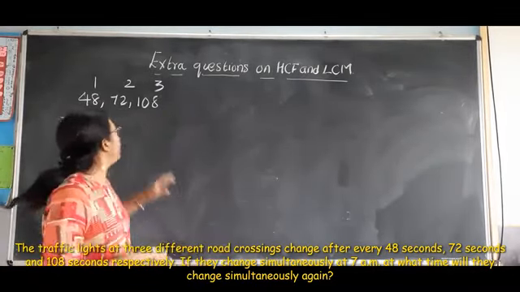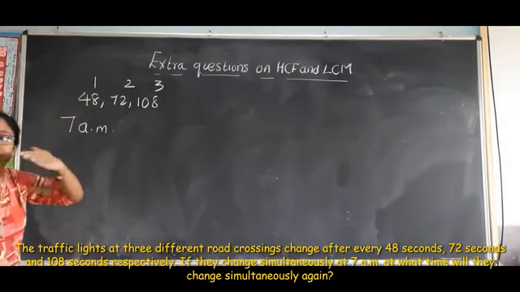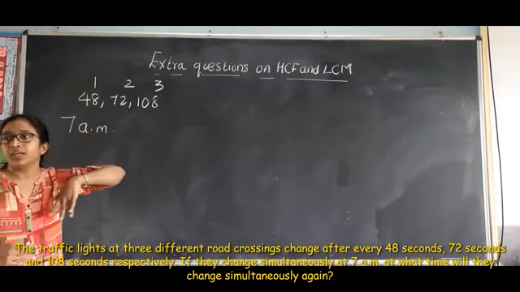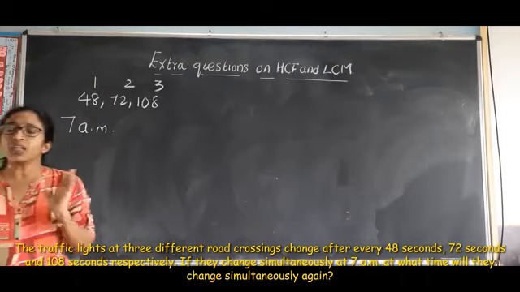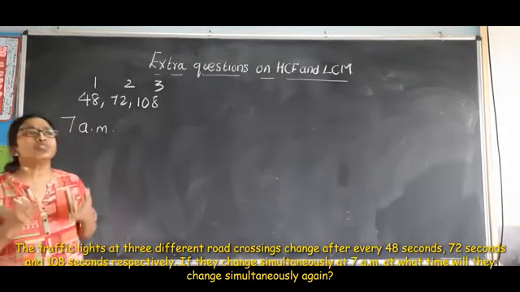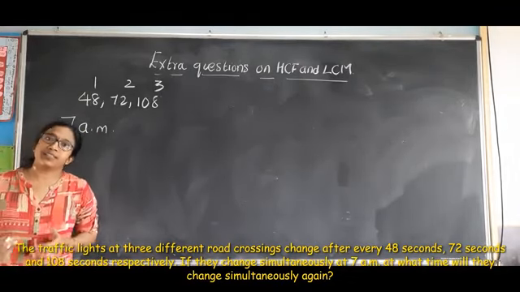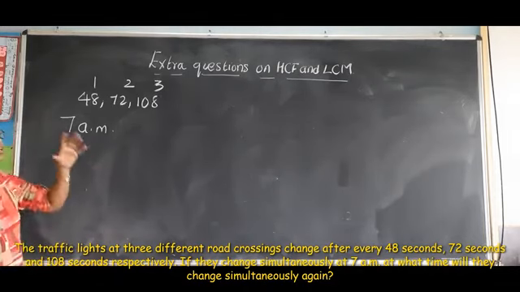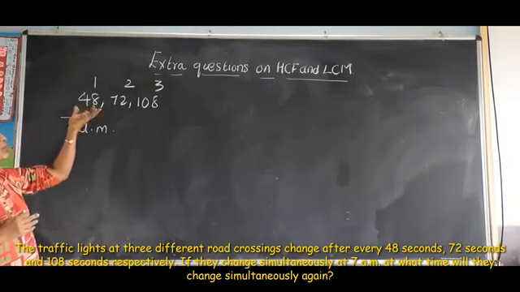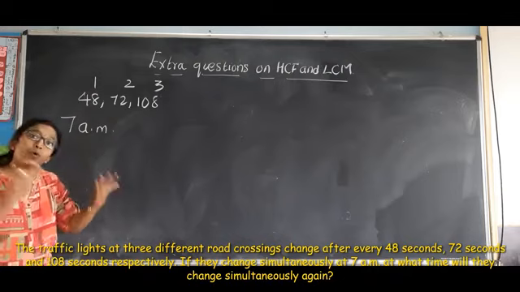Now you know that one traffic signal changes after 48 seconds, and then after 72 seconds and then after 108. So when such type of questions are there, whether to take HCF or LCM? So let's go by logical method. Suppose you think it is HCF. When I say take HCF, a number smaller than these 3 will come, or it may be equal, say 48 also. If it is smaller than this, is it possible?